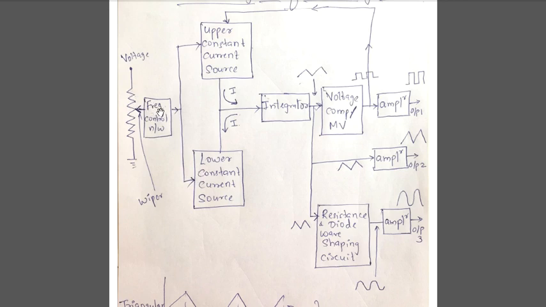So what is this frequency control network? Frequency control network is simply a block which is internal. Externally, this will be connected to a knob on the front panel of the function generator, where the frequency knob will be. So externally, what you do is you change the frequency knob on the front panel of the function generator, because of which this wiper position will change. It will either move upwards or downwards, because of which the voltage appearing at the wiper will change, because of which that voltage will then in turn go to both these blocks, upper constant current source and lower constant current source.